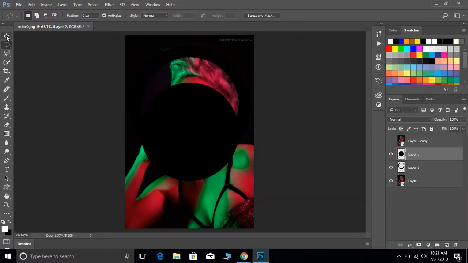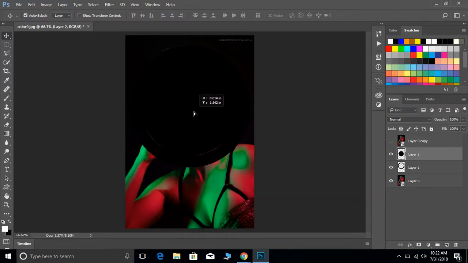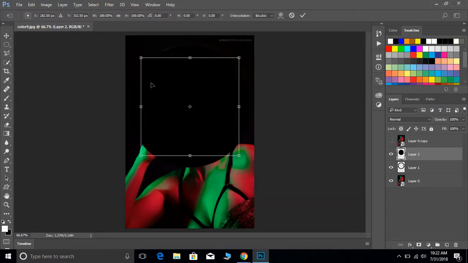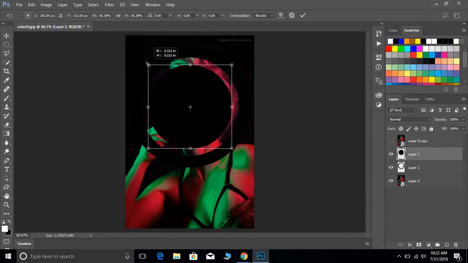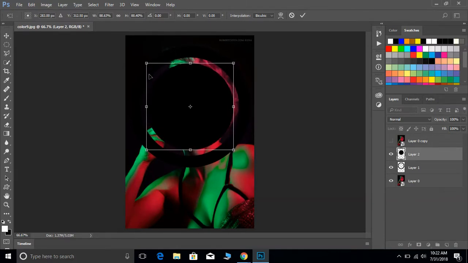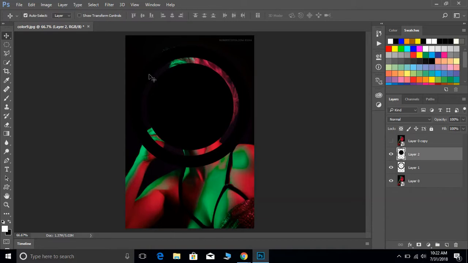And then we're going to click on the Move tool. It's the top one on your left. And then you're going to want to move it as close as you can to the center. And then we're going to hit Control T, and then holding Shift and Alt at the same time, we're going to drag it inward a little bit. And then we're going to hit Enter. And then we're going to hold Control on the keyboard, and click on the thumbnail of that layer. So if you can see where my cursor is at, click on the thumbnail of that,